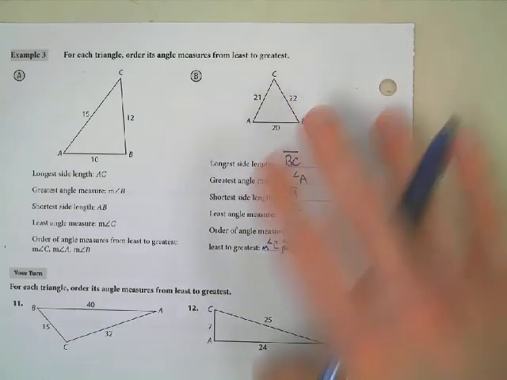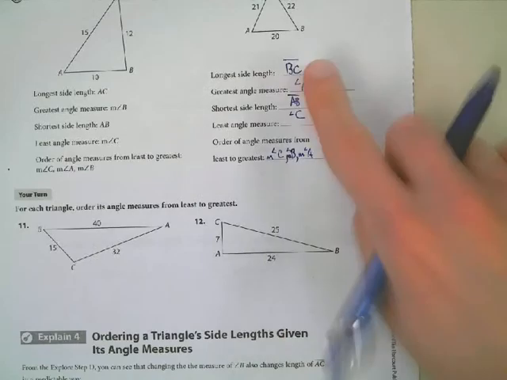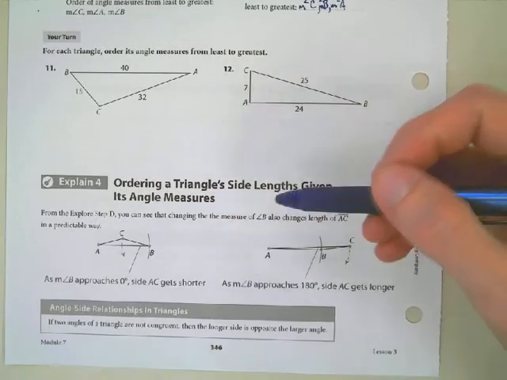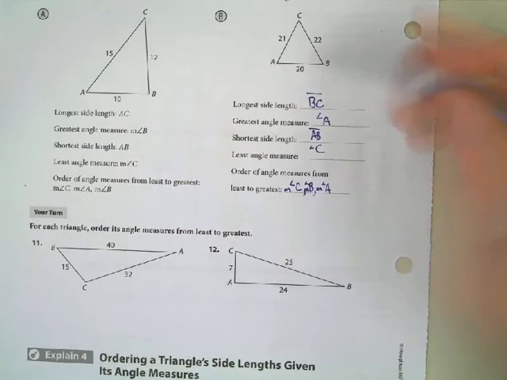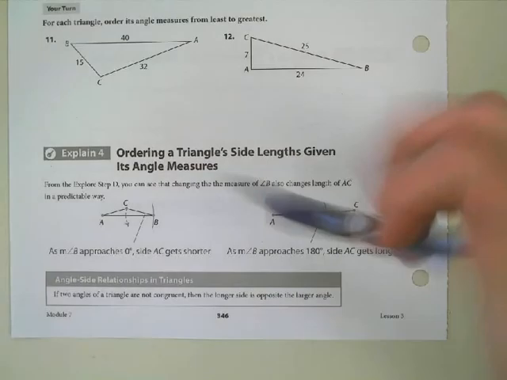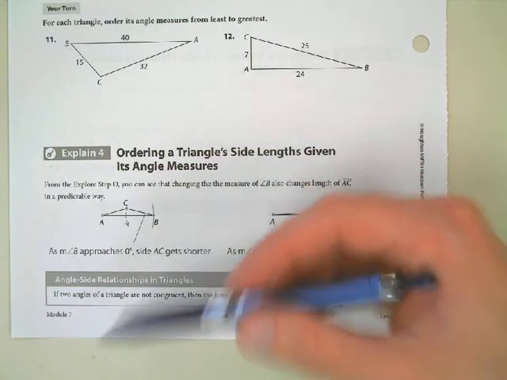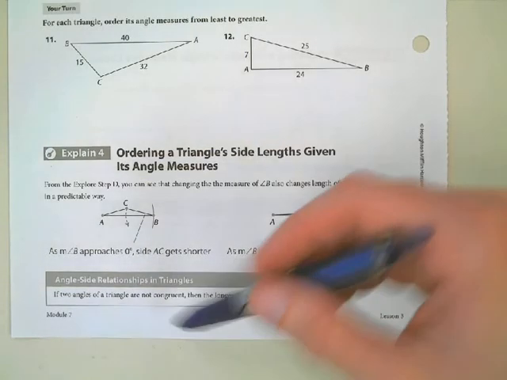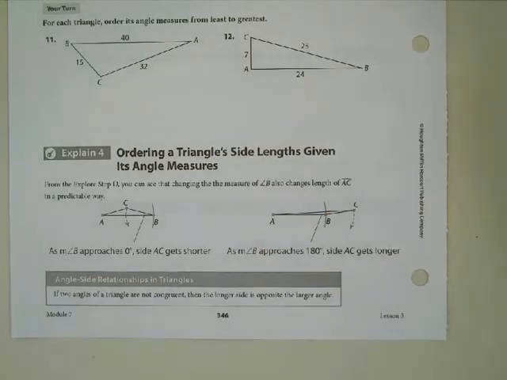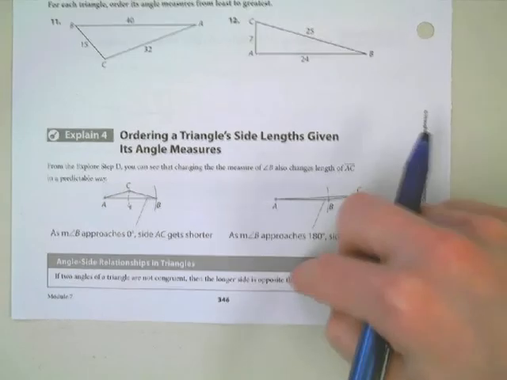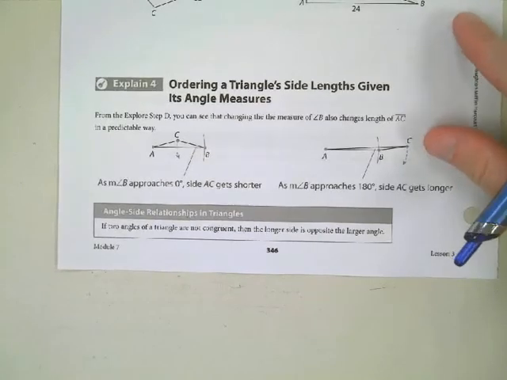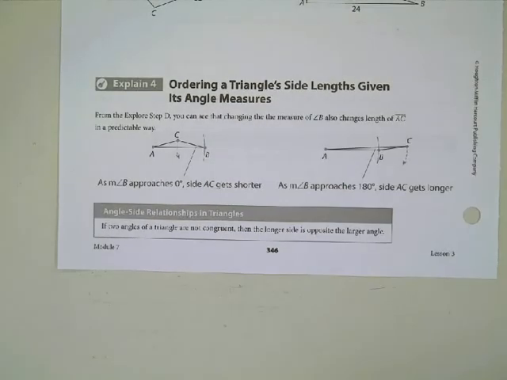All right, so that was for sides. If we were given sides, finding the smallest angles and largest angles and the medium angles, right? But here, same thing is true for the angles to the sides. If you find the biggest angle, then opposite that would be the biggest side. Smallest angles opposite the smallest side, and the middle angles opposite the middle side. Okay, basically just summarizing that right there on the bottom, page 346. All right, we're not even going to bother doing some example problems here because I think you guys have got